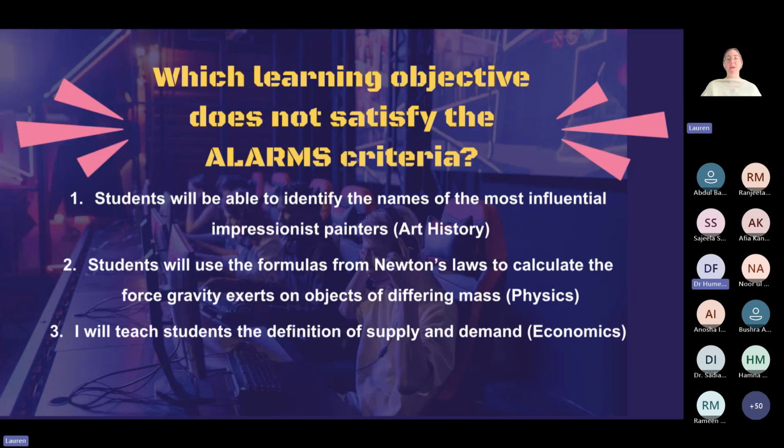But yeah, so you're all exactly correct. 3 does not satisfy the criteria. And it is also not relevant to the students because this is relevant to the teacher that she will teach students. Right. So the wording makes it not relevant to the students. That's very true. Yes.